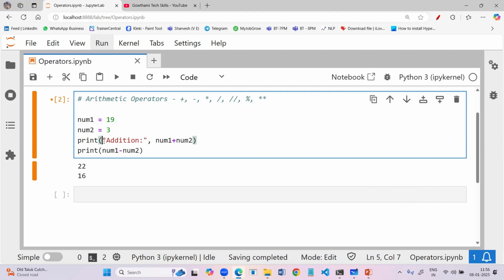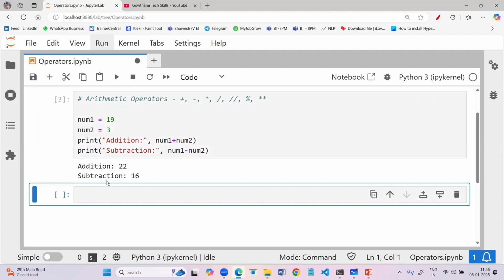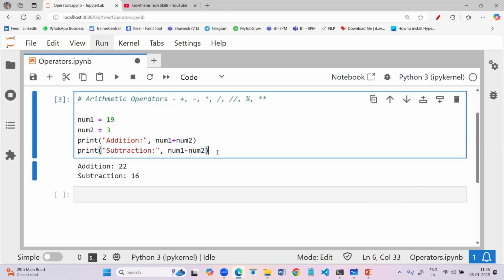After printing, the values will come in the same line, joined. In order to join multiple values in a single line, we will make use of this comma symbol. For the second operation also, I am writing subtraction. Now just run it. You can see the output is now in a meaningful way. Correct? Like that, you apply the remaining ones also, and I'll do the modifications.